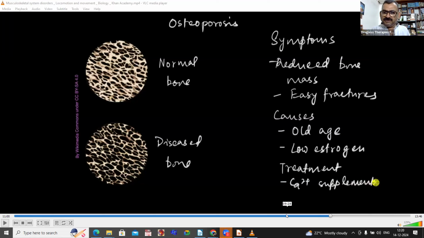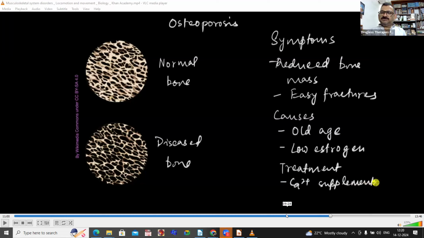We can do it that way. So osteoporosis is generally, as you said, low estrogen after menopause. It is a common thing, and some lead into early menopause by removing their uterus, hysterectomy. After doing that, they fall low in calcium, and